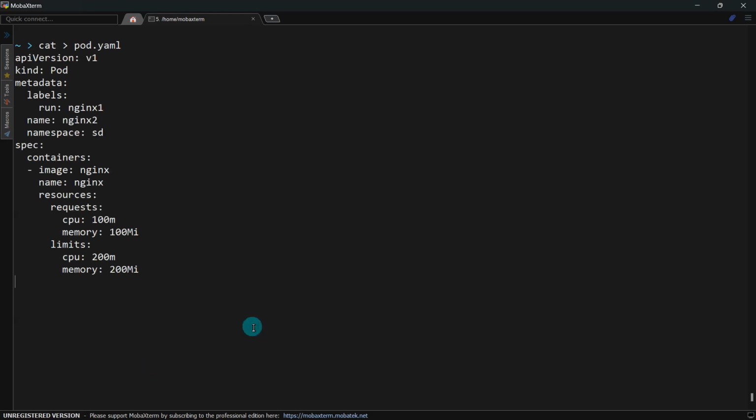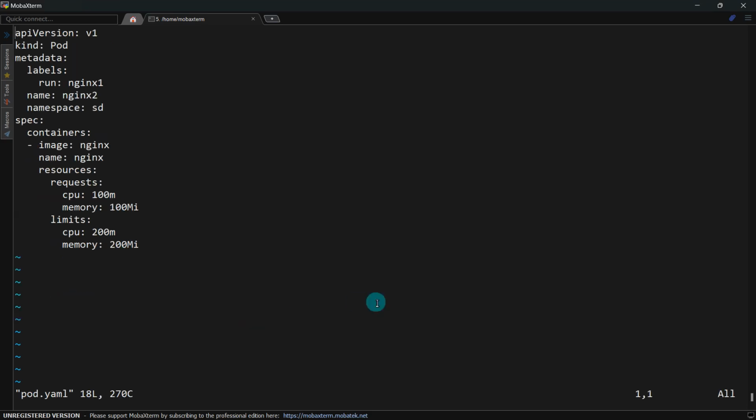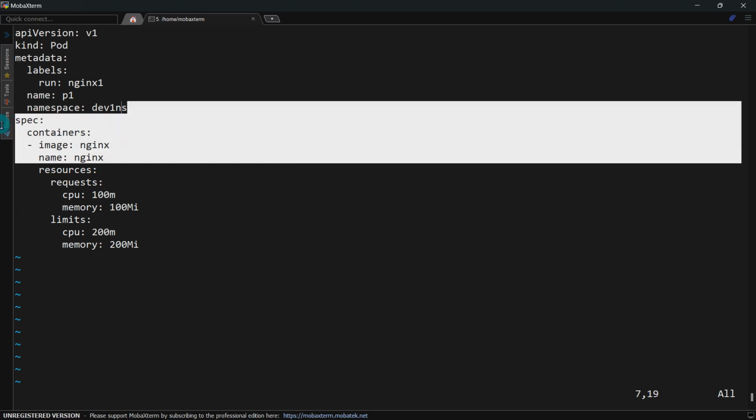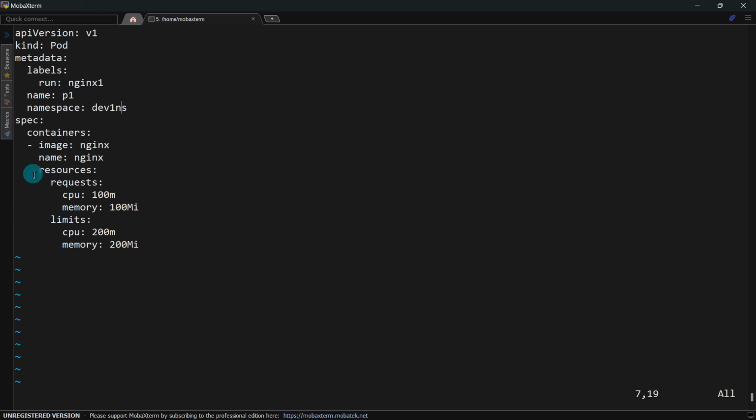I'll explain what exactly this is. So we are going to create a pod over here, let's say named p1 again, and I want this pod to be created under the dev1 namespace, from the nginx image,